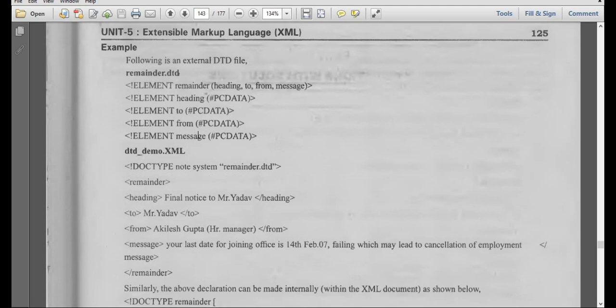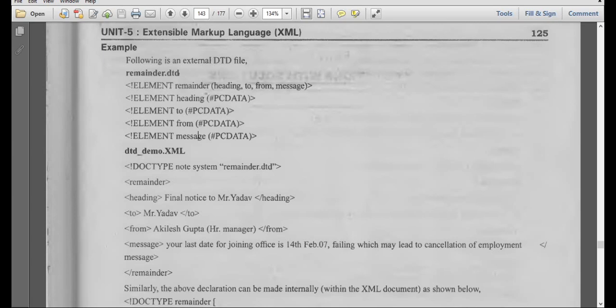Reminder document definition file: the element reminder has the elements heading, to, from, message. The element heading will have PCDATA, parsed character data, and likewise to, from and message.